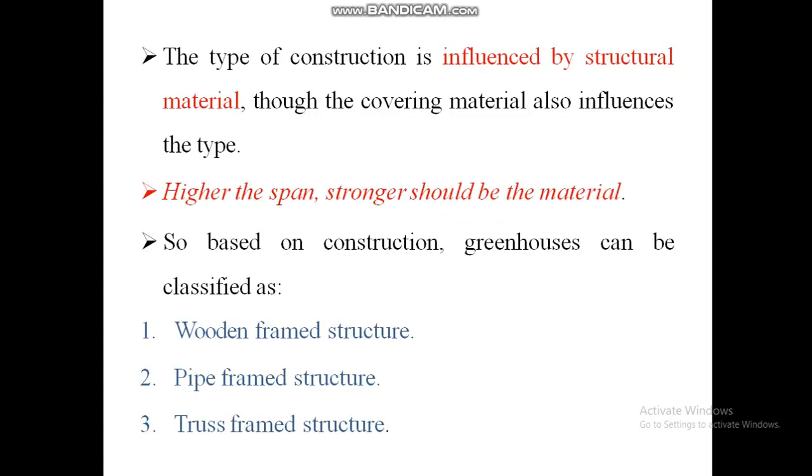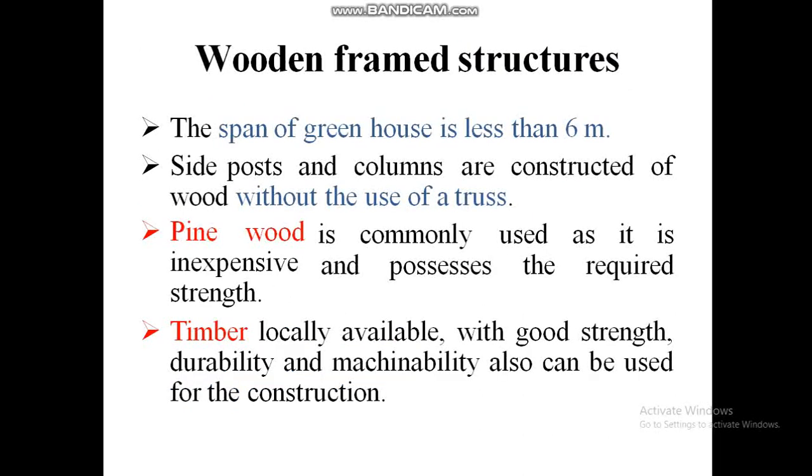greenhouse type based on construction. Based on construction can be classified as three types. They are wooden frame structure, pipe frame structure, and truss frame structure. This type of construction is influenced by the structural material, like what type of material we should use for cover. Higher the span, stronger should be material. एउटा requirement त्यो कभरिङ मेटेरियलको लाइफ स्प्यान बढी हुनु पर्यो अनि बलियो हुनु पर्यो।